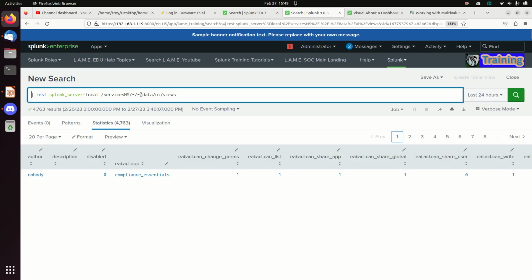If you're familiar with the way that Splunk stores dashboards, you'll know that there's a folder called data UI views, and inside are a bunch of XML files, and that is where your dashboards are stored. And so this is a REST API that pulls back all the information about a dashboard. You can see here's the author, the app that it runs in, who can change permissions. And the thing is, one, there's 4,763 results, which we could control with a head or some other thing, but